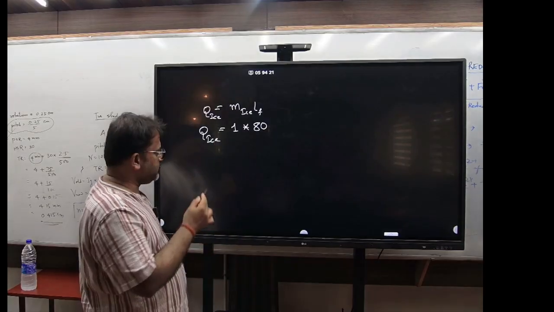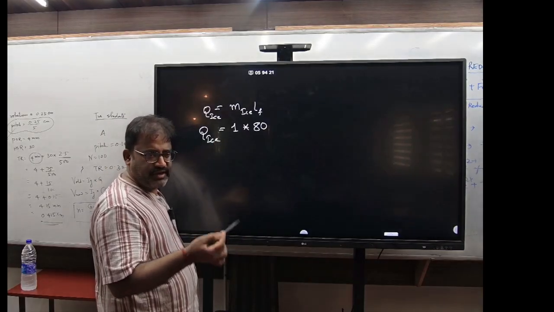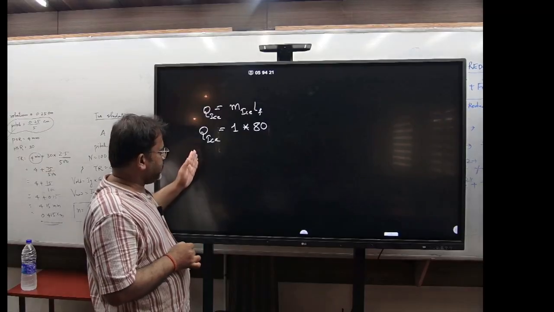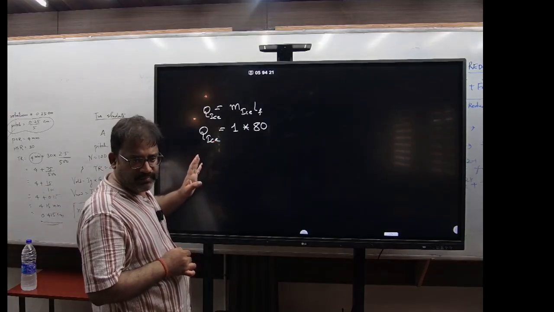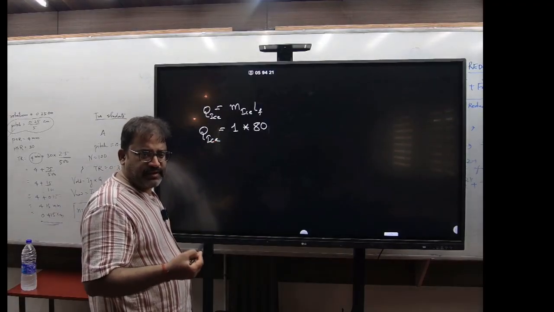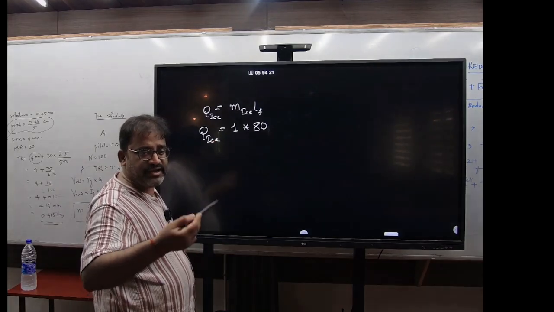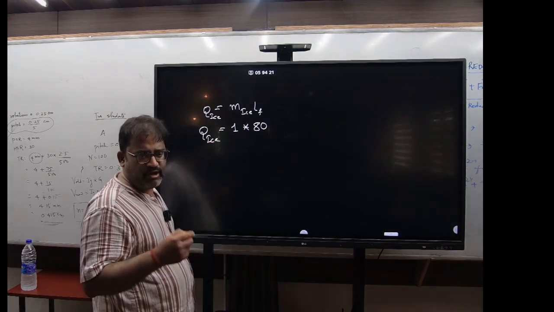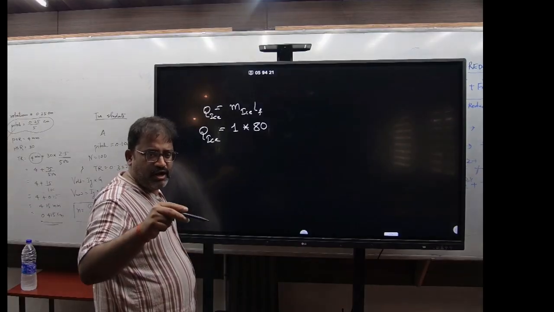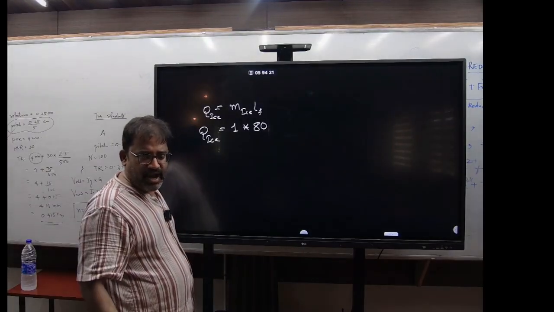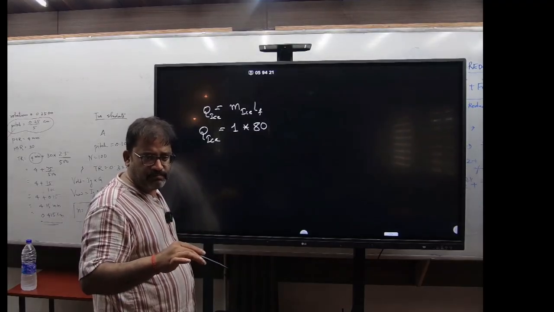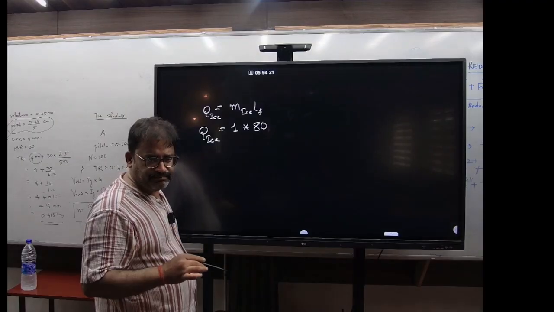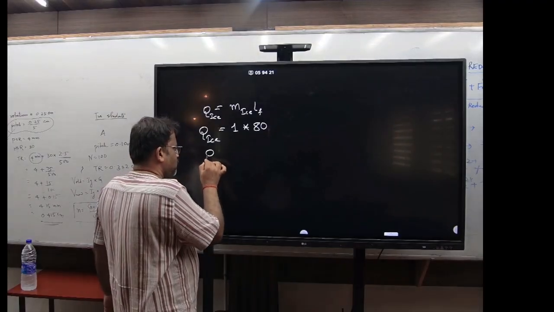Okay, so this is heat supplied to ice. Now let us say after getting converted to water, what will happen? The temperature of water will be increased, and the increase will occur until 100 degrees Celsius. At 100 degrees Celsius, all of water will get converted to steam. So therefore, water